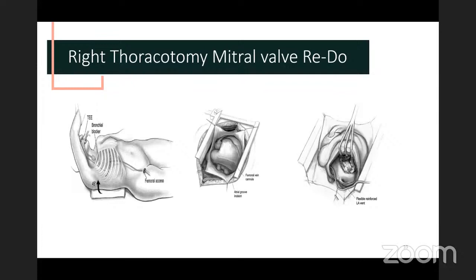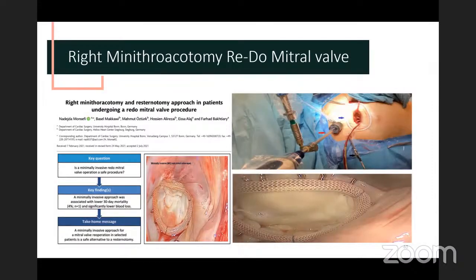Some surgeons will like to do peripheral cannulation for those types of patients, but central cannulation can also be done. But peripheral cannulation can help in better exposure of the valve, decreasing the crowdedness of the operative field. Right mini thoracotomy. This study shows that